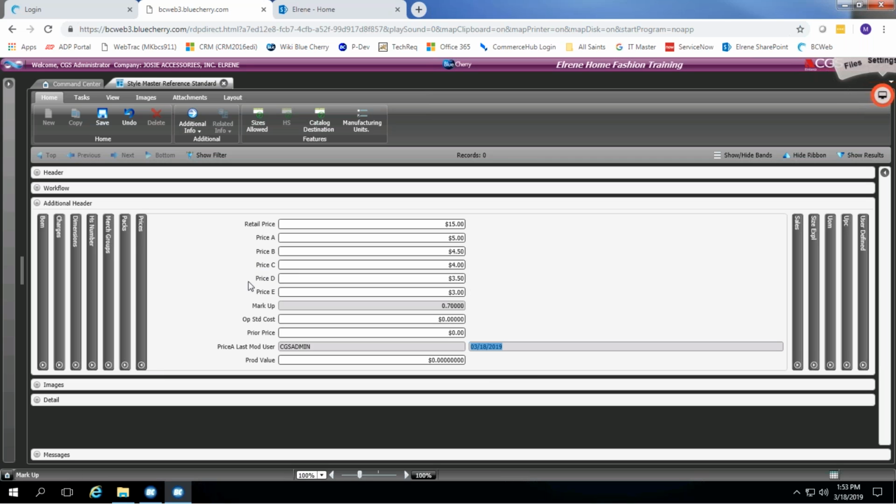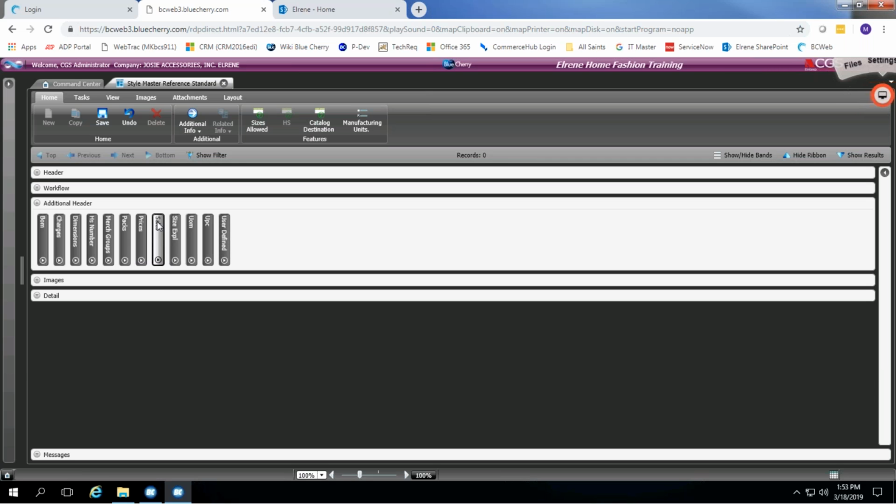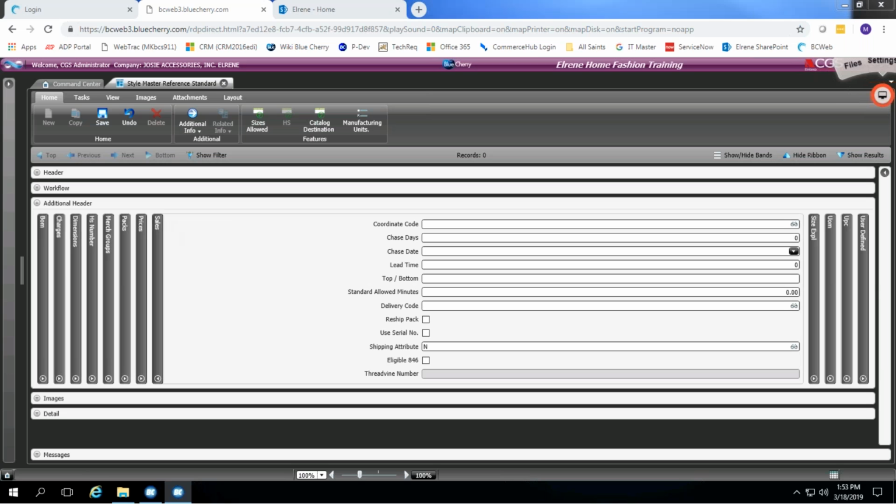So that's on prices here. Then you do your sales. This, I think I am going to skip here. This tab, I don't think you are going to be using this. This is typically used for